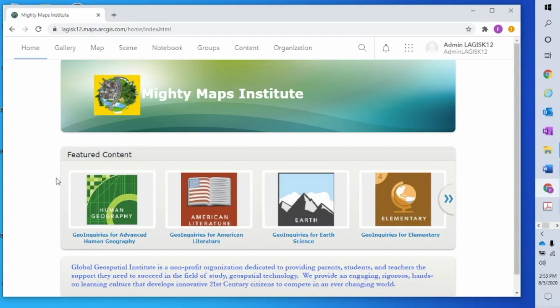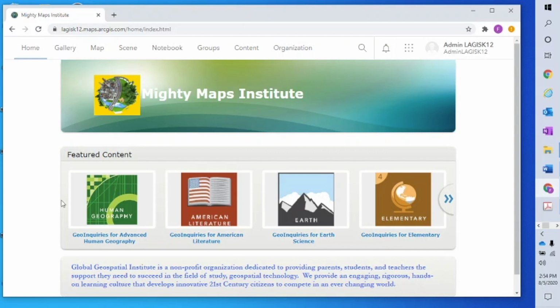Then we have a carousel of features and content here, and then we have a mission statement about the organization. So what we do for every school that we're involved in is we help set up their organization. So we'll load members in the organization, set up their groups, which resemble their classrooms, and then build out their